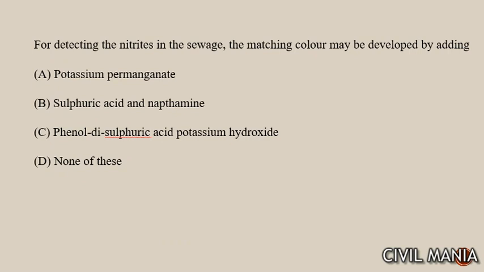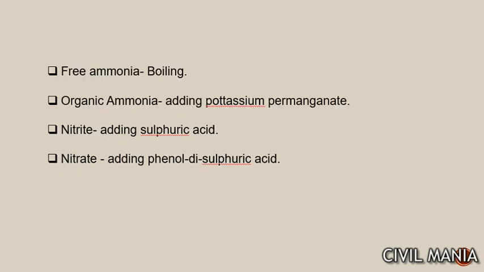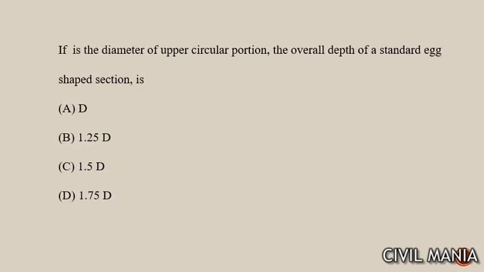Next, for detecting the nitrites, नाइट्राइट्स डिटेक्ट करने के लिए हमें चाहिए सल्फरिक एसिड या नेप्था एमाइन. ये आप ध्यान से देखिए. नाइट्राइट के लिए सल्फरिक एसिड, नाइट्रेट के लिए एडिंग फेनॉल डाइसल्फरिक एसिड, ऑर्गेनिक एमोनिया के लिए पोटेशियम परमैंगनेट एंड फ्री एमोनिया के लिए बॉइलिंग. नेक्स्ट क्वेश्चन है if the diameter of the upper circular portion, the overall depth of the